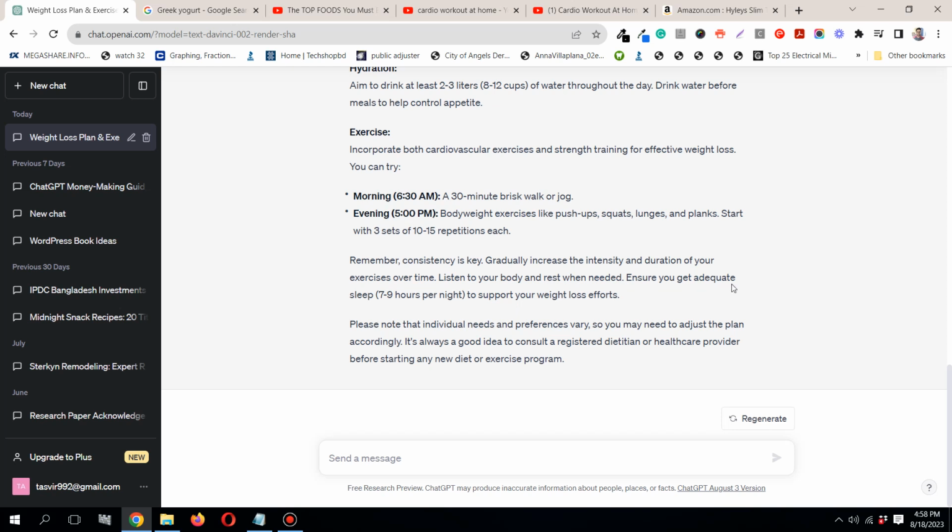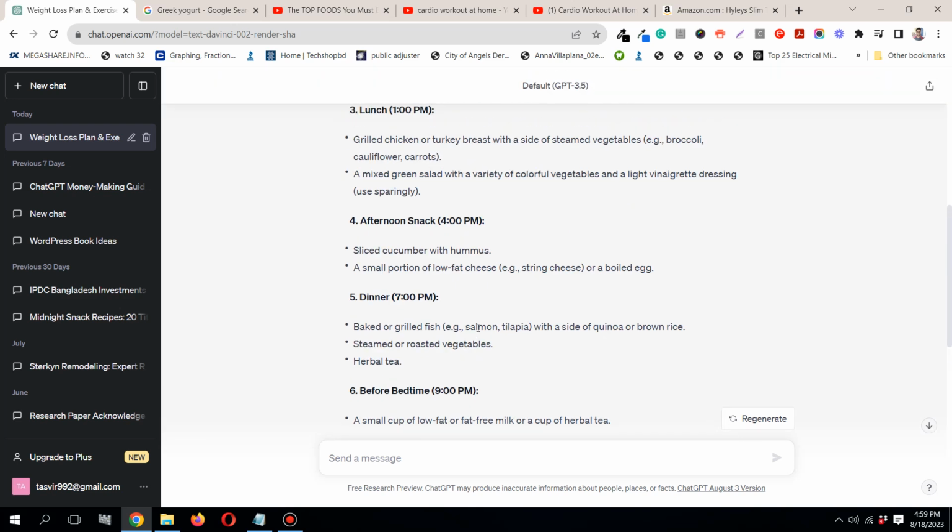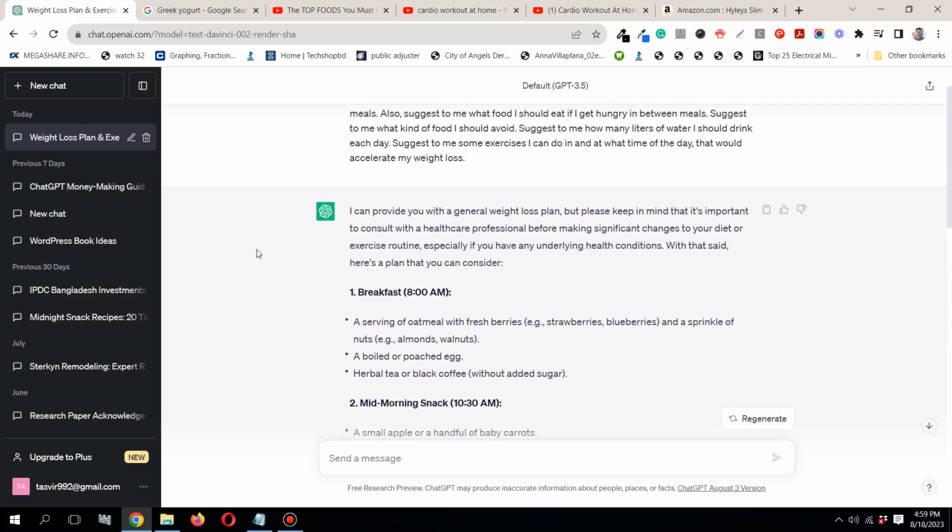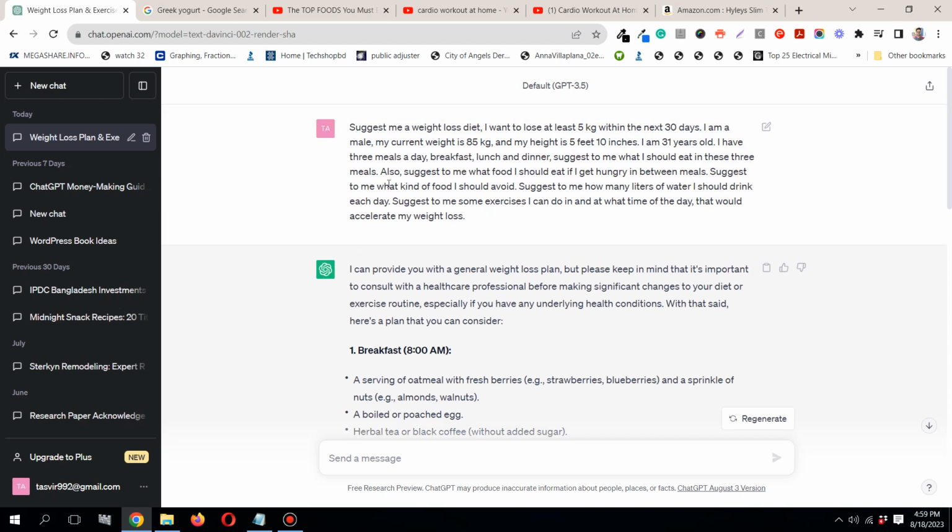Ensure you get adequate sleep, 7 to 9 hours per night, to support your weight loss efforts. Please note that individual needs and preferences vary, so you may need to adjust the plan accordingly. It's always a good idea to consult a registered dietitian or a healthcare provider before starting any new diet or exercise program. So this is the proper weight loss diet which ChatGPT responded with,